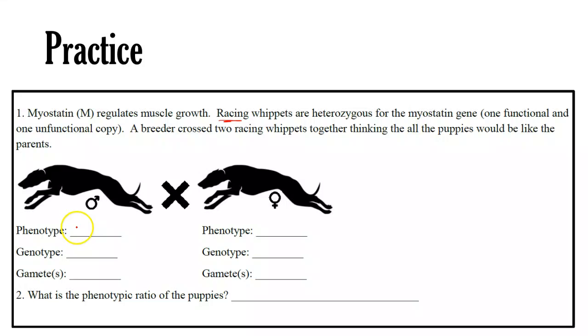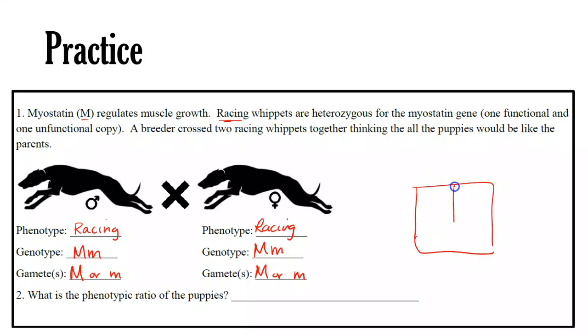So when we think about our phenotypes for our dogs, we would label these as racing. If we go to our genotypes, we're doing that M gene. So they have one functional copy that regulates muscle growth and then one non-functional copy that does not regulate muscle growth. As a result, they're stronger, but still aerodynamic. So big M, little m. The gametes that they can make, same way we've been doing this before: big M or little m, big M or little m. And so if I set up my Punnett square,